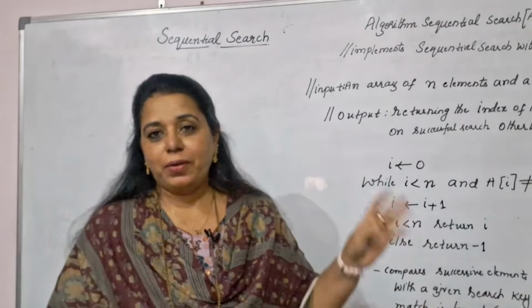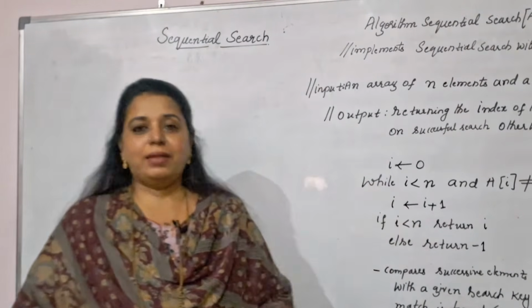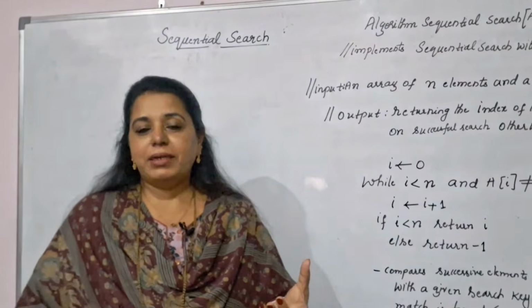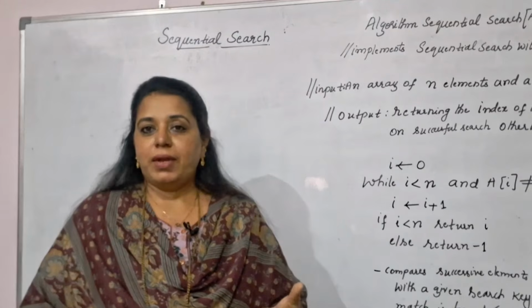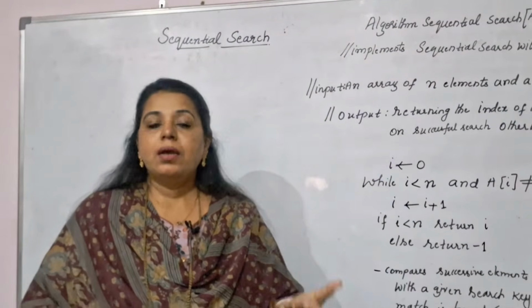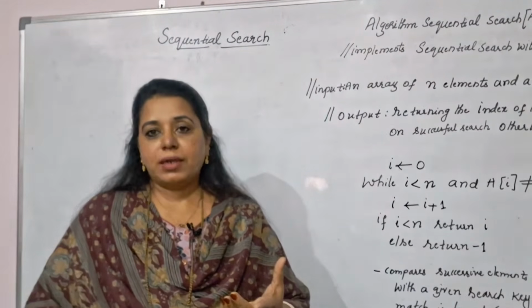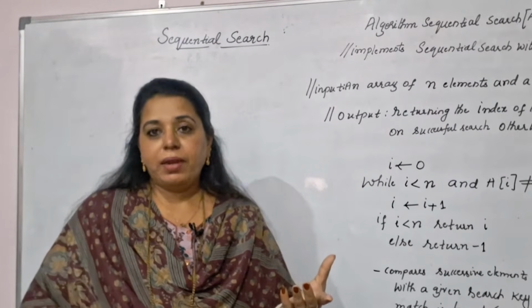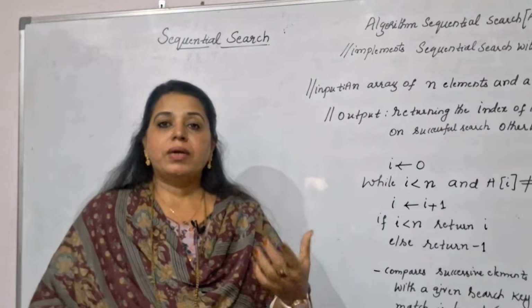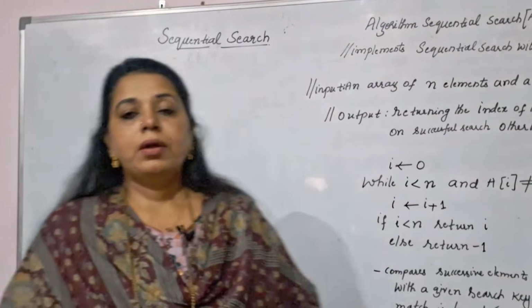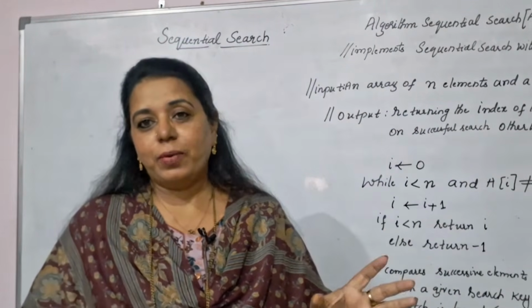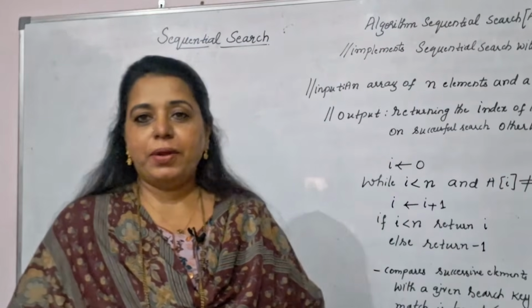Here also we are going to search for an element in the list. To make things simpler, we are taking a few elements here. For all algorithms, the running time depends on the input size. For an input of smaller size, the running time may not vary much. You can only see the difference when you give a large value of n to an algorithm. To understand this logic, I'll take one example here and see how it is going to work.